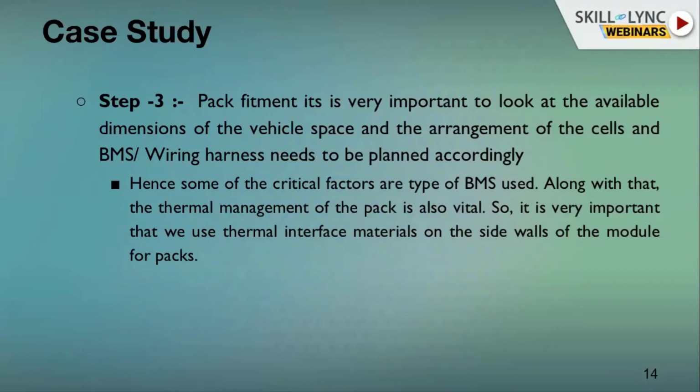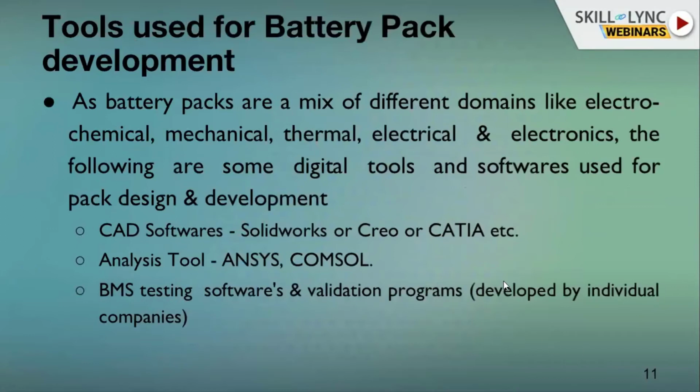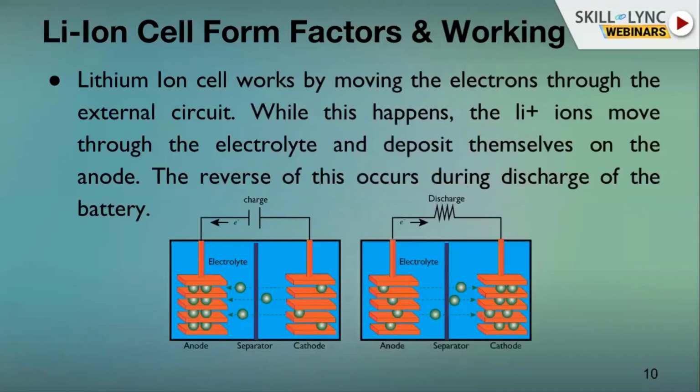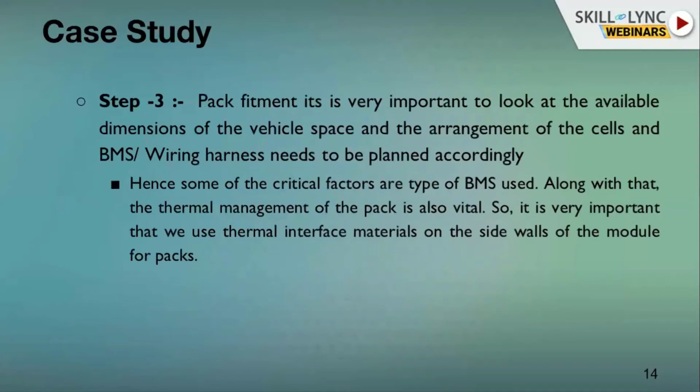But another advantage of using a prismatic cell is there is a lot of area available. So you can put a thermal pad, which has a conductivity of 2 watt per meter Kelvin or 3 watt per meter Kelvin or such kind of conductivity. You can put a thermal pad and get it in touch with an aluminum enclosure, so that the heat is directly transferred through the thermal pad to the enclosure, and the heat is extracted from there. If there is no thermal pad, what happens? Then there is air, which is a very bad conductor of heat, basically an insulator, and it will keep the heat trapped inside.